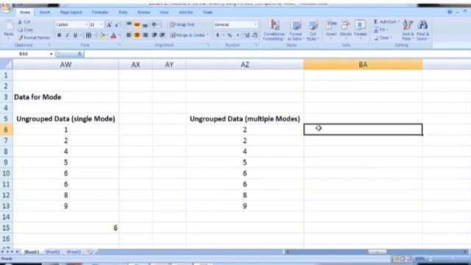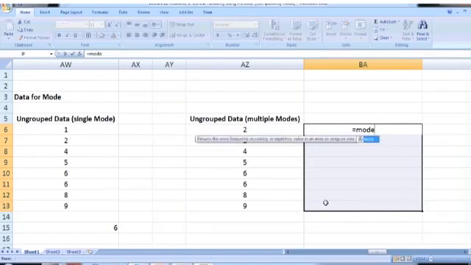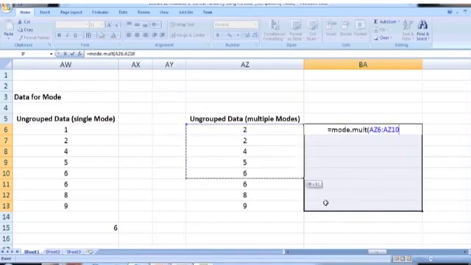In the newer versions, just select the full data range and then type MODE.MULT, then select the full data set, and remember that you need to press Ctrl Shift Enter simultaneously to get the required modes. But since I am using the 2007 version, this command is not available.